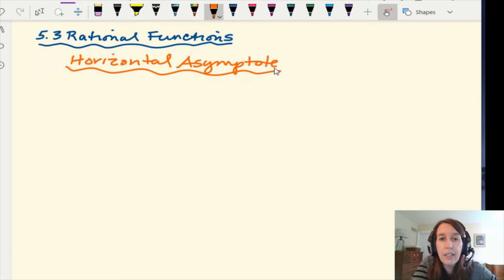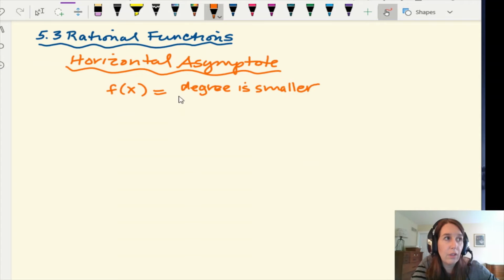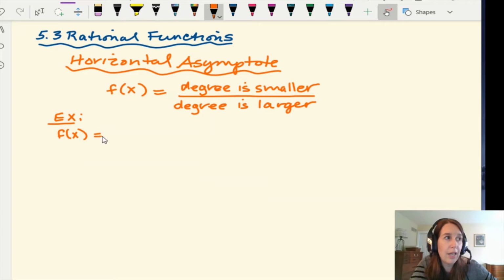All we really need to worry about right now for this week is functions where the degree of the function on the top is smaller than the degree of the function on the bottom. Okay, so for example, you're going to see rational functions like f of x is equal to 1 over x